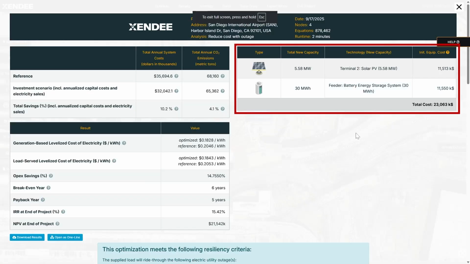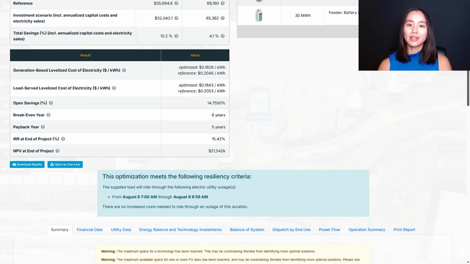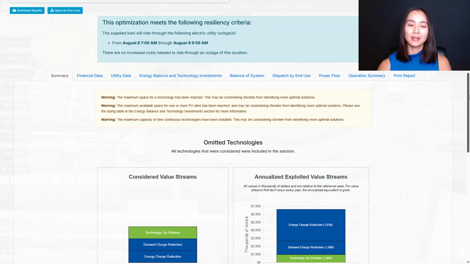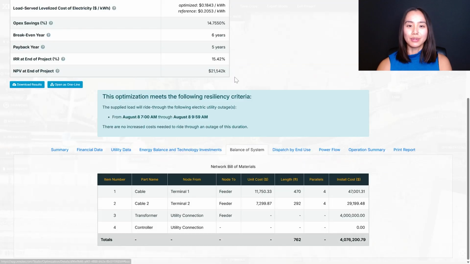A quick optimization tells us our optimal DER sizes, but let's focus on the power flow part of the reporting this time. When power flow is enabled, you will see several extra tabs in the report. The Balance of System tab tells us each line item that makes up our microgrid branch connections. If you had input the costs in the cable and transformer setup windows, this table will also show us the